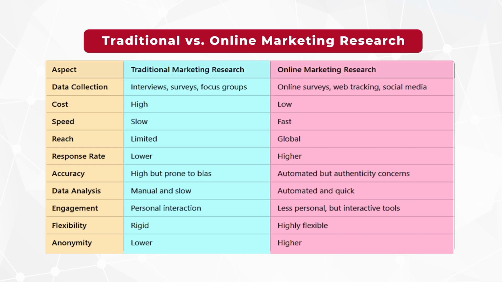The cost was on the higher side in traditional marketing, because you needed to involve many human resources, and the task was tedious. But comparatively, in online marketing, the cost of executing marketing research is on the lower side. The response rate was quite slow, so in traditional marketing the speed of execution of the research was slower. But because we have global access to the target audience, and the cost is also on the lower side, we can gather much more voluminous data at a faster rate in online marketing research.